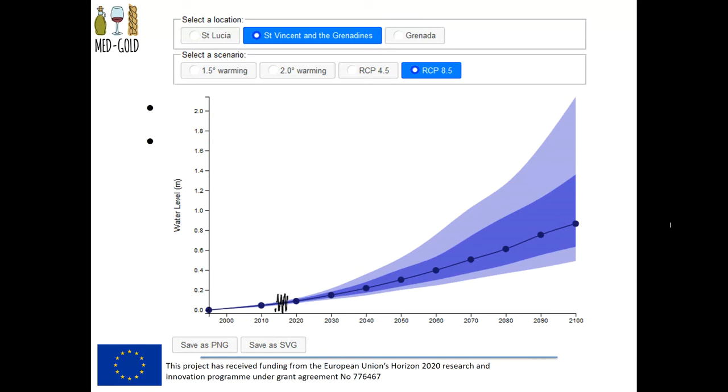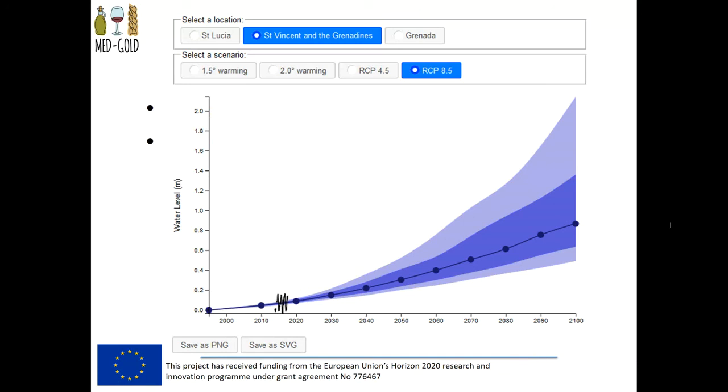It shows the median sea level rise estimate from the dots there, and then there are 2 uncertainty levels which the users can look at depending on how risk averse they are. And the black line there is annual mean sea levels from a nearby tide gauge. It's just to sense check that the projections are doing the right type of thing. And what you can't see below here, if the users want to, they can get the actual raw numbers that this graph was created from if they so desired. So this is a very simple interface, and these graphs were all created by a data scientist at the National Oceanography Centre in the UK.